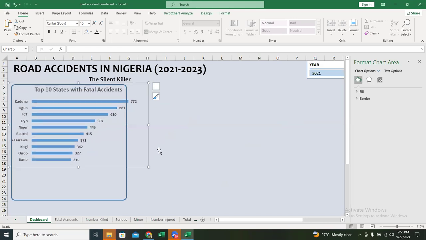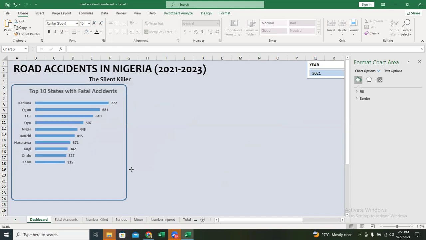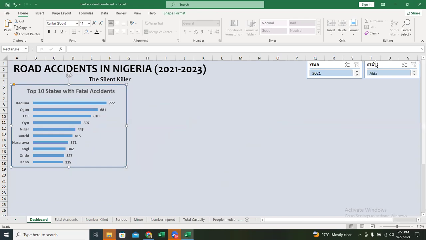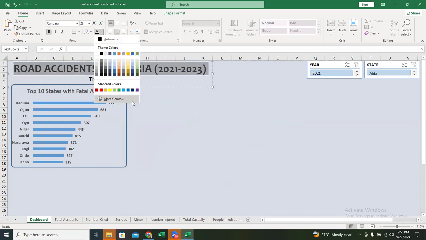I just want my charts to be in a container. That's why I created that. I want everything to be in a container. So let me adjust it to the size. So we've gotten our first one. Okay, let me give all my